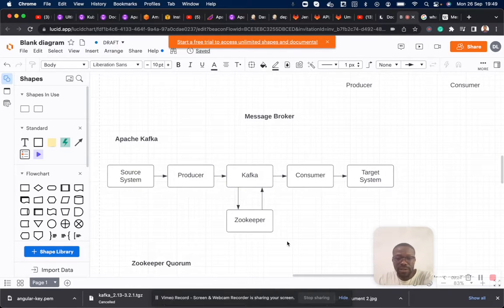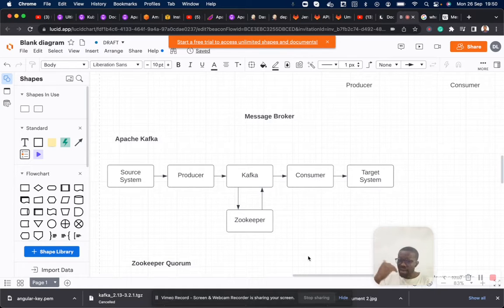Okay, so what we have here is a typical architecture, or I would say an ecosystem, of Apache Kafka. Here we have the source system, where data is being sourced from. Then the producer is responsible for sending data into Kafka, and Kafka side by side communicates with Zookeeper, because Zookeeper is needed by Kafka.